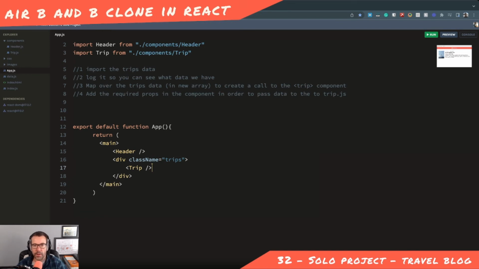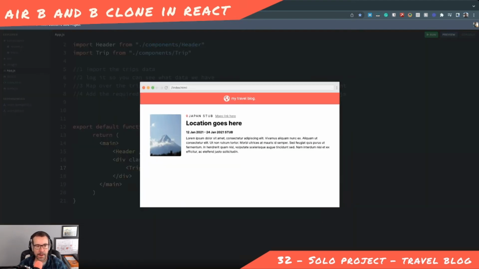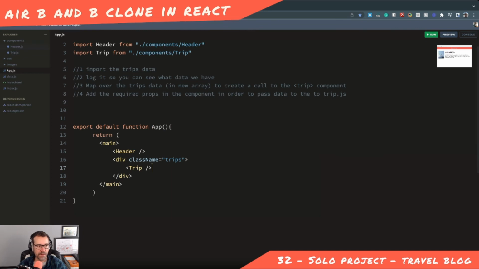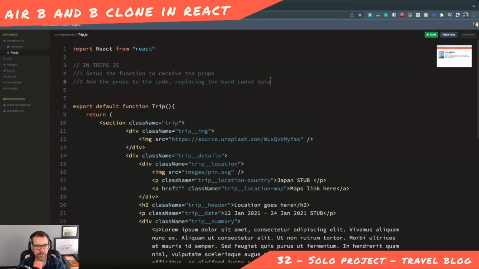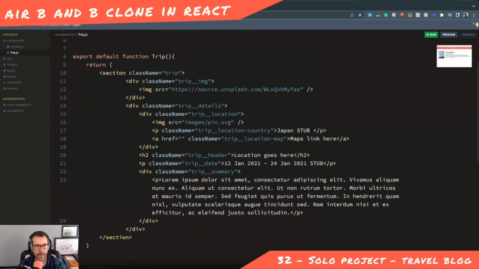Back after a bit of a break last night. Right, so let's recap where I was. I have hard-coded this in HTML and CSS, so I've created the design. I've created a trip component there where it's all hard-coded in. So the next job is to